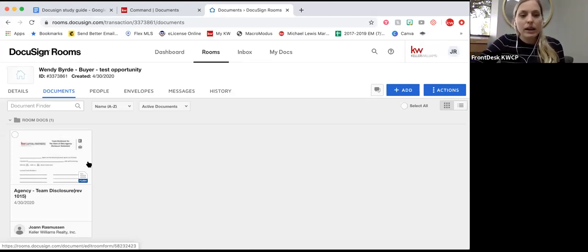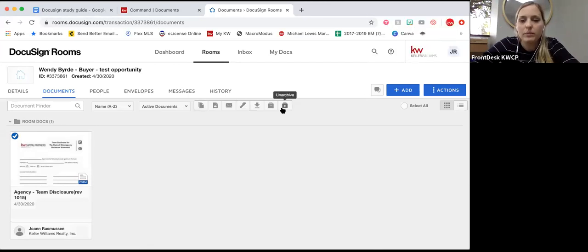Okay. Now, to send something to your clients is to DocuSign a document, right? And so you can hover over it and click in this little circle and all of these actions pop up. The DocuSign one is the pen icon every time. And so that's how you send it to somebody to be signed. So we'll go through that now. So when I click that,